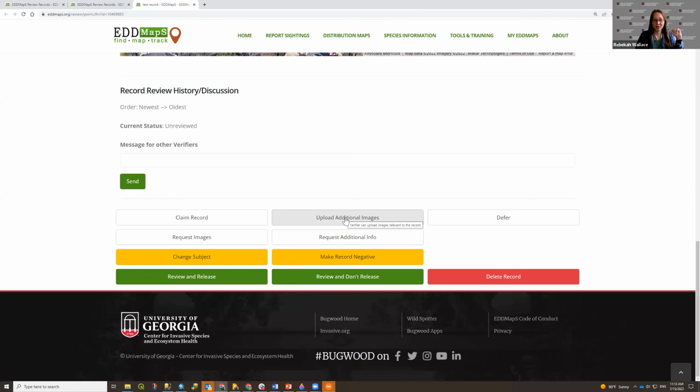Upload additional images. So if I went out to this site, or if I somehow acquired images of this population, I can add them to the record. So if the reporter emailed me additional images, or if I or a technician of mine or someone went out to the site and took images, those can be added to the record so that they can help with the evidence about the record.